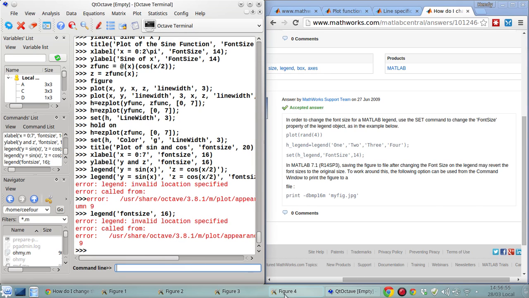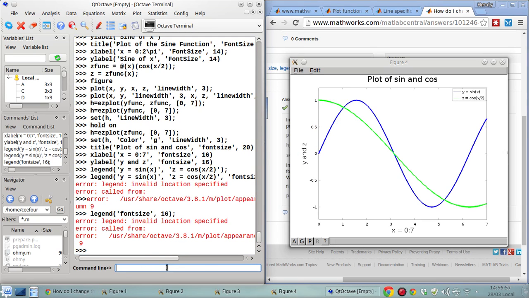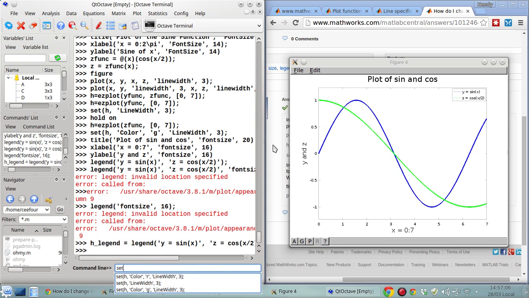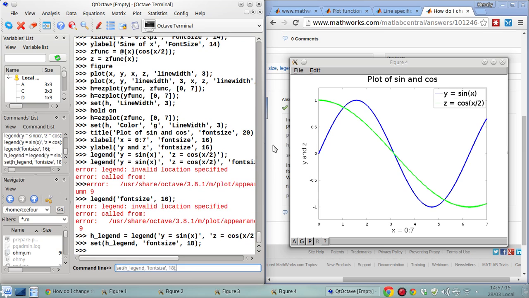Okay, so actually we have to save this first into the handle of the legend, and afterwards we can set from the handle of the legend font size to 18. This should work. Okay, that's how you plot two lines, two functions using EasyPlot, and then set the color, the